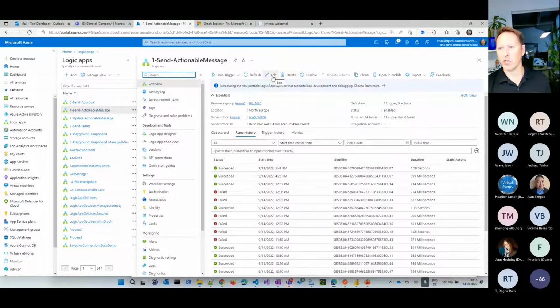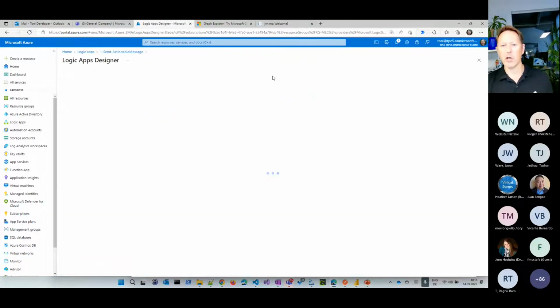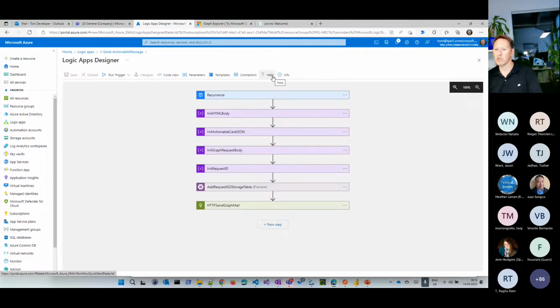So let me show you this small logic app here. That's part of a business process to automate specific things like, for example, sending an actionable message card to a user to say, what kind of lunch do you want to have today? Just to show any process here. We want to send the user the information: what do you want to have for lunch? And the user gets a message in Outlook or Teams or whatever, and he decides and we want to do something with that reaction. It could be also an approval process or something like this.